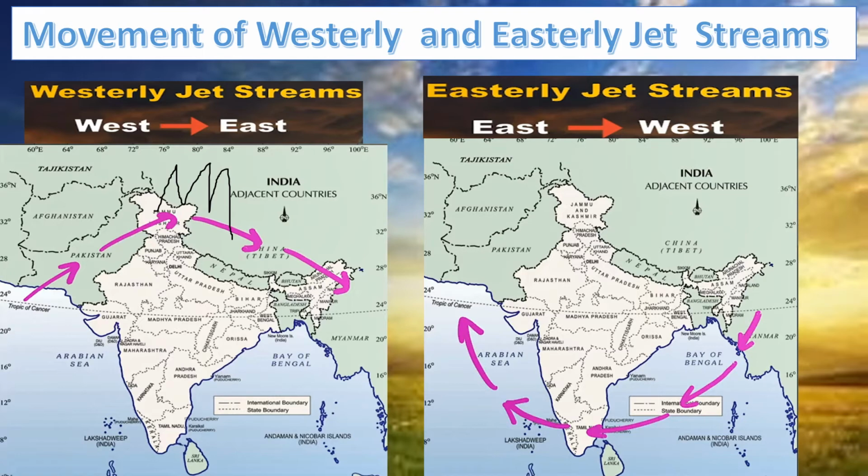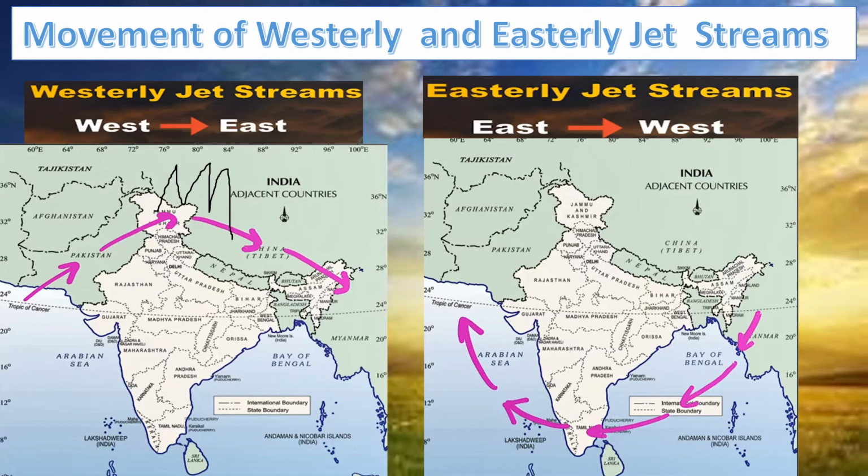Now let's look at the easterly jet stream. We all know India is a peninsula. It is surrounded by water on three sides, especially in the southern part of India. So the wind which blows from east to west is called the easterly jet stream. When the wind blows from east to west, it carries a lot of moisture, as there is the Bay of Bengal, the Indian Ocean and the Arabian Sea. And due to the Coriolis effect, some of the winds get diverted and enter the land,